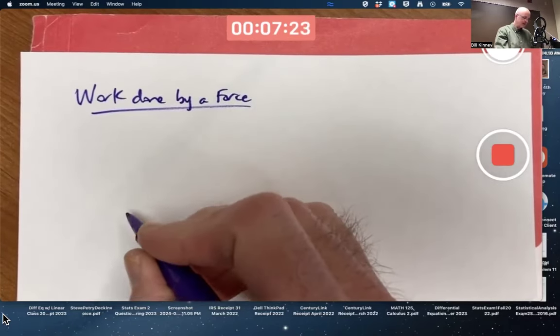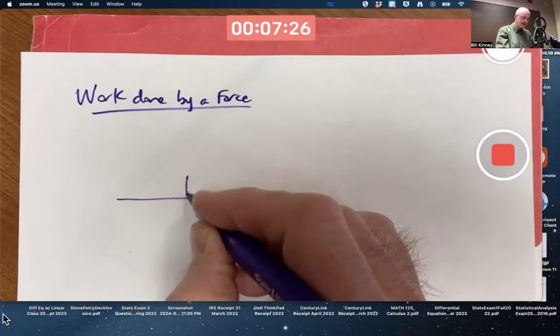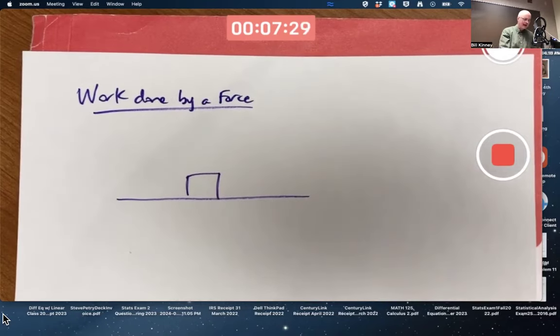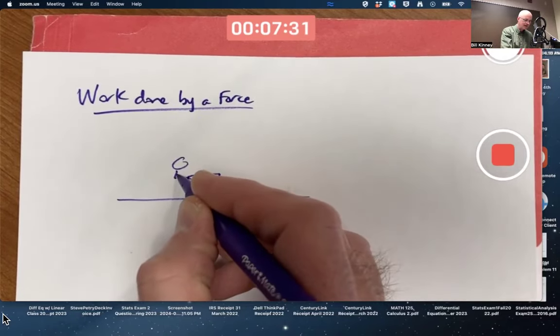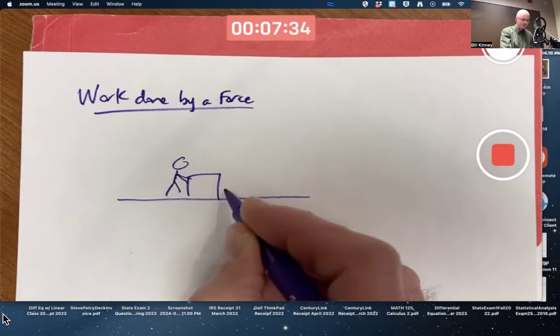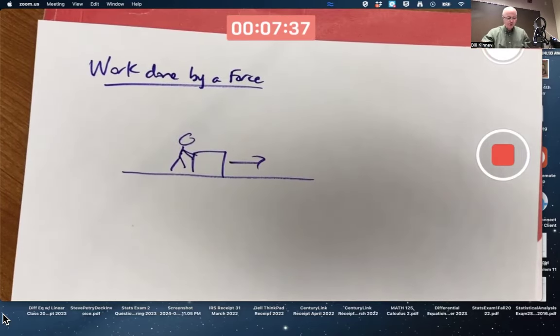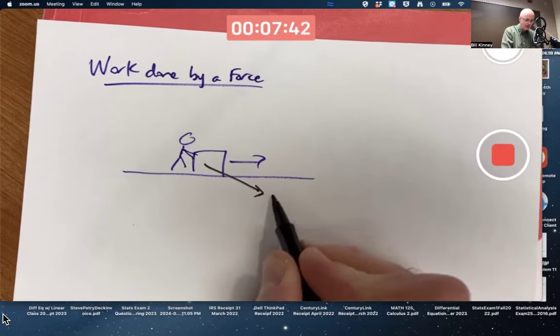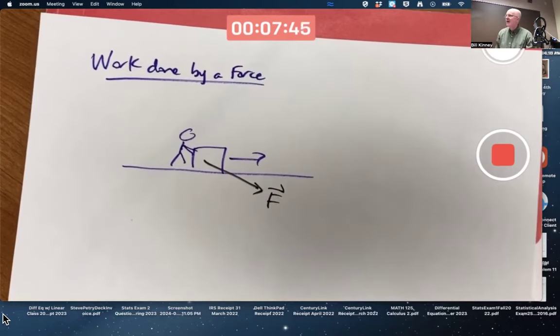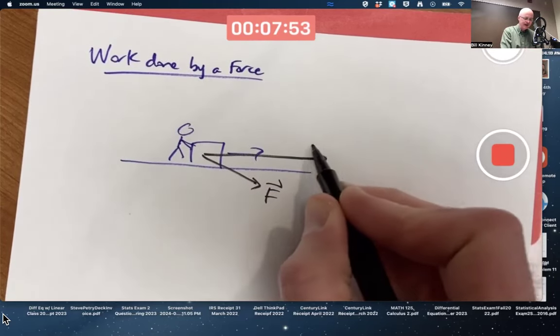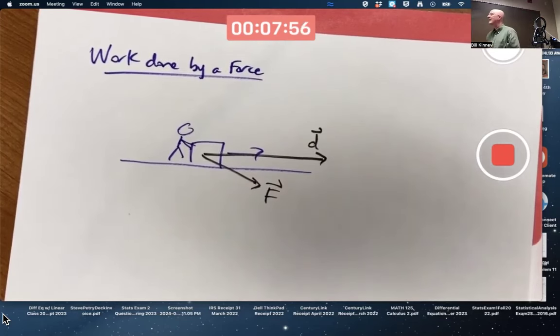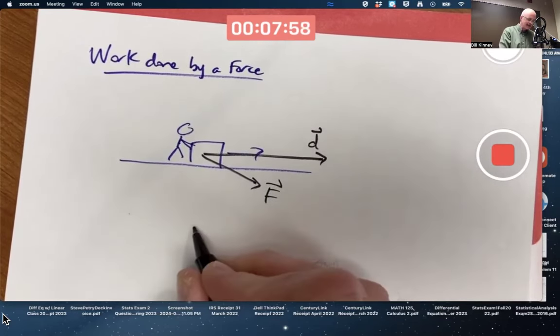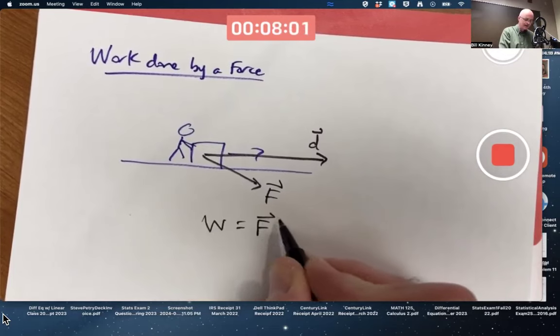More generally, for example, you might have a block of wood sitting on a floor, and you're going to push it across the floor. And maybe the force you apply is not parallel to the floor. Maybe the force that you apply is at that angle right there. What's the work done by that force as you move it across the floor by a certain displacement vector d? The work done turns out to be F dot d, the dot product of F with d,